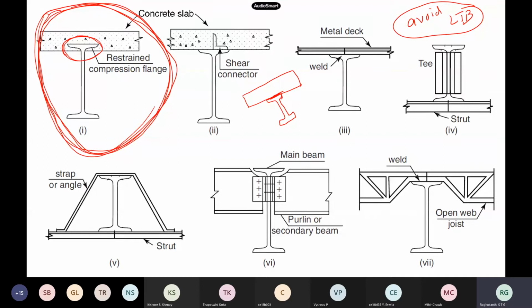So now what happens, whether here or this way also, you see your I-beam is there, and there are some angle sections. You see, they have welded them here and embedded this into the concreting. Now what happens to this one? All the load is acting like this. So whether lateral torsional buckling can happen for this beam.